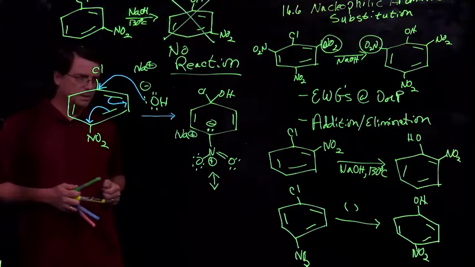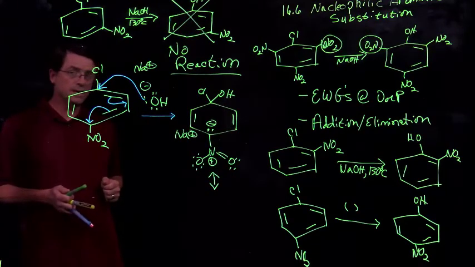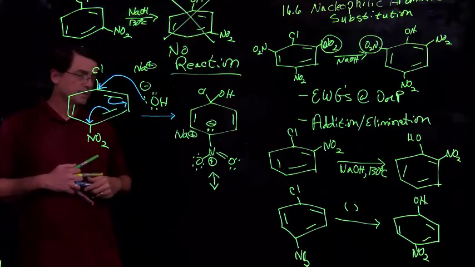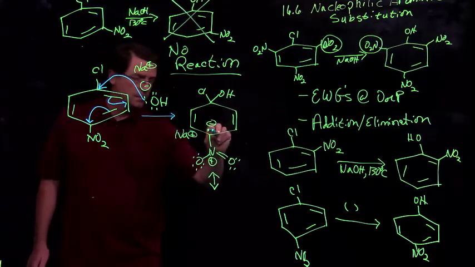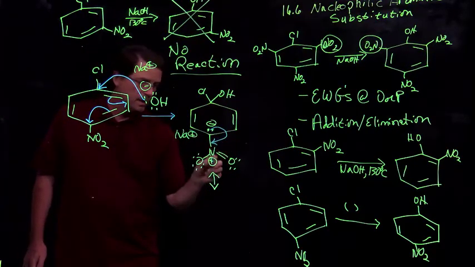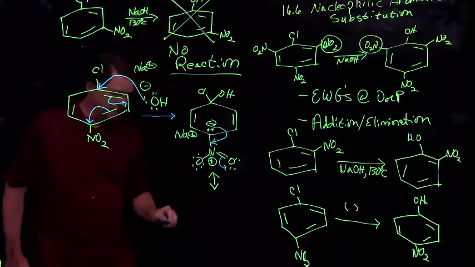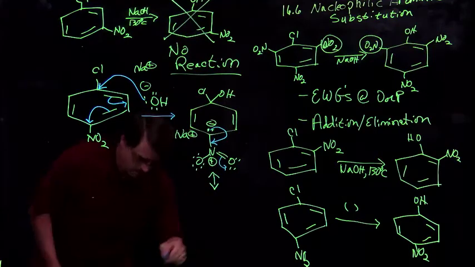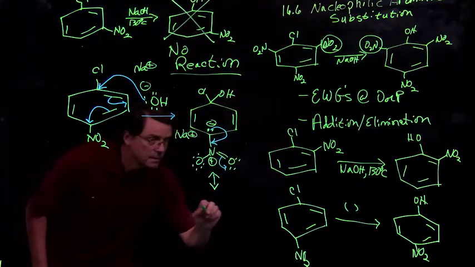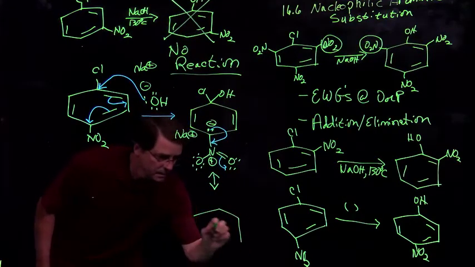Can you draw that resonance form? Pause for a second and try. Here is what that resonance form would be. The lone pair can resonate out to nitrogen. That pi bond swings up. We now have a compound